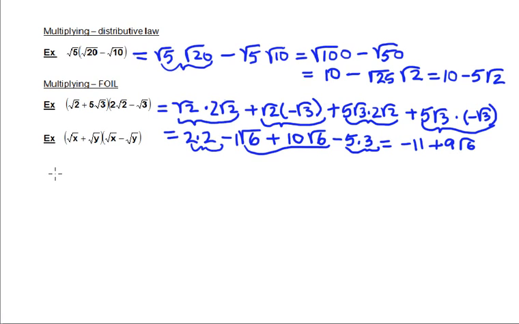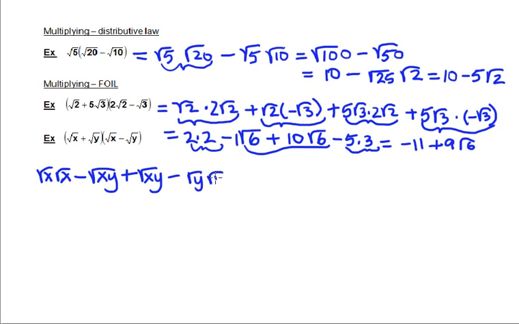So if we take a look at the last example, using FOIL again, I get square root x times square root x for my two first terms. My two outers are positive root x times a negative root y, so that becomes negative, and I can put these two inside together, square root of x times y. And my two inners, positive root y times positive root x, that becomes positive, and that becomes positive square root of xy. And finally, the last term, positive times negative gives me negative, and then I have root y times